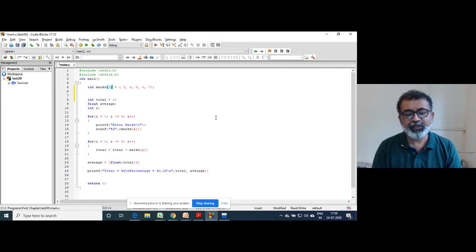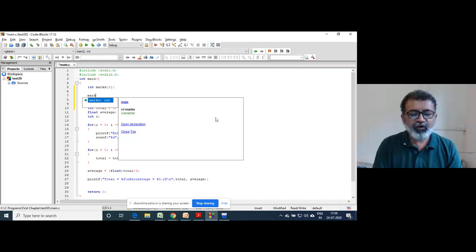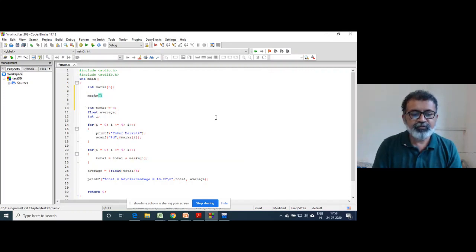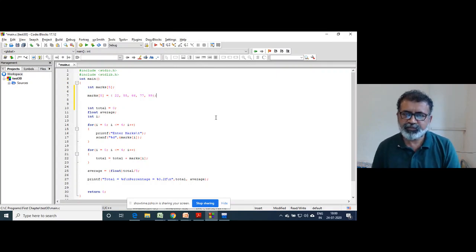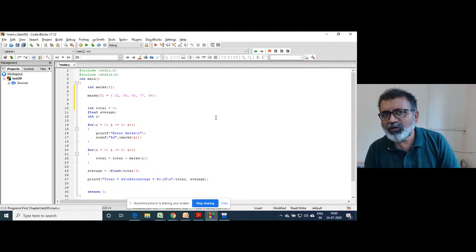But suppose you declare the array like this, and you want to initialize or assign, and you write like this, because you are following the concepts of built-in data types, then this statement is wrong. This is not allowed.